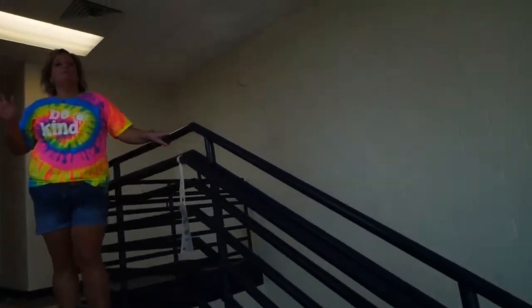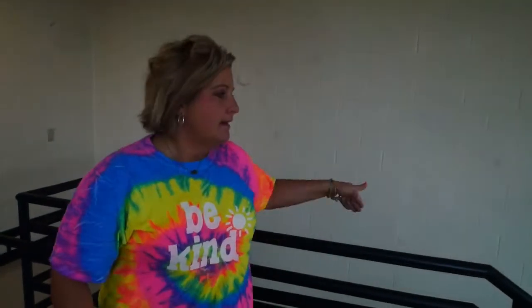I'm Miss Janice. I'm one of our science teachers for 5th grade. And like Miss Fabian said, this is one of the stairways that we have in the school, and this is the only staircase that 5th graders will be using. Only 5th graders can come through here. So we'll notice that when you go down the stairs, of course, you'll walk on the right side because we want to make sure that traffic doesn't run into each other. So as you're coming up,